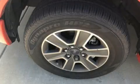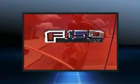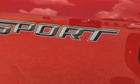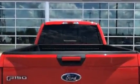Take command of the road in the 2015 Ford F-150. With just over 40,000 miles on the odometer, this truck is a leading example of refined versatility in the full-size pickup segment. Smooth gear shifts are achieved thanks to the 5-liter 8-cylinder engine, providing a spirited yet composed ride and